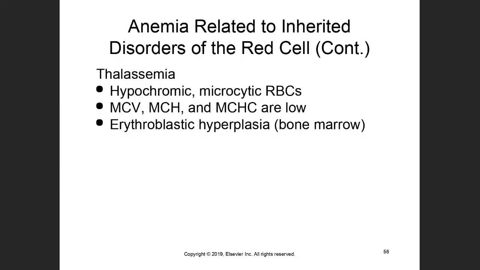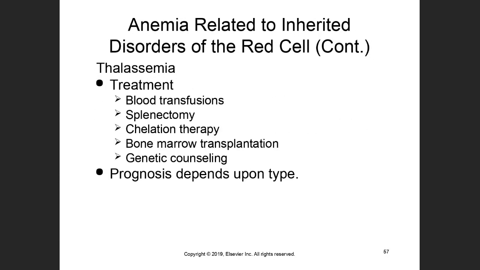Thalassemia is hypochromic, microcytic anemia. MCV, MCH, and MCHC are low. Erythroid hyperplasia of the bone marrow, I think it's the worst condition. There is a disease called erythroblastosis fetalis that is due to severe thalassemia. Treatment most of the time is blood transfusions, splenectomy,